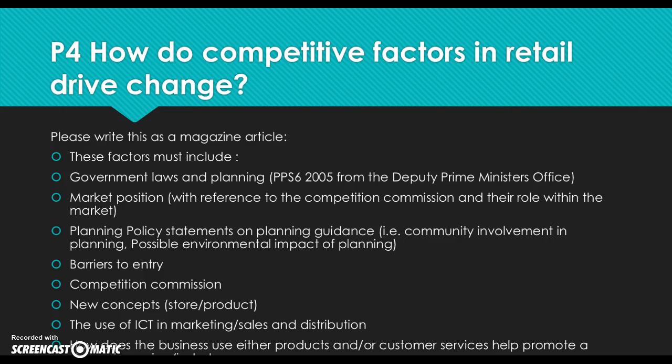Barriers to entry, so basically what barriers to entry there are. If you look in the handbook, that will give you some indication. The Competition Commission, again, if you look in the handbook, that will help. New concepts, so what new concepts have they come up with? The use of ICT in marketing and sales, I would purposely look at EPOS. So if you're using Tesco, have a look at there, which is electronic point of sale, so like Tesco's Club Card. I'd also look at the internet, how that's changed things, and also automation, so things like stock control,